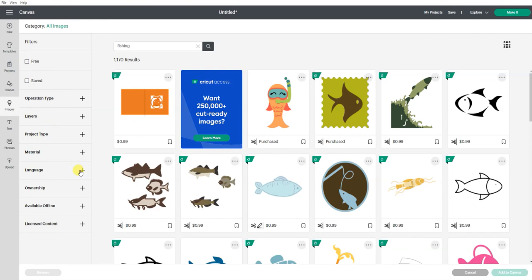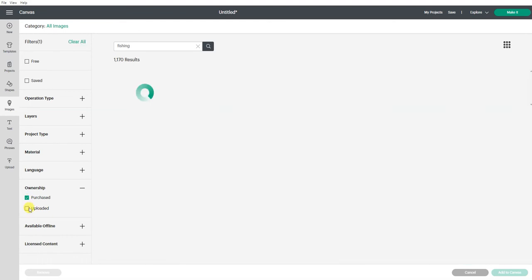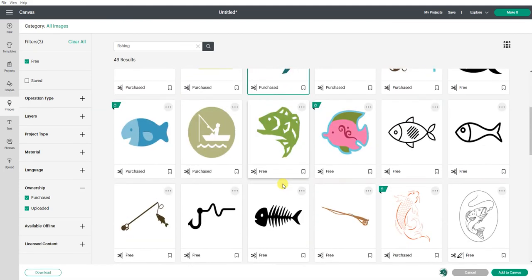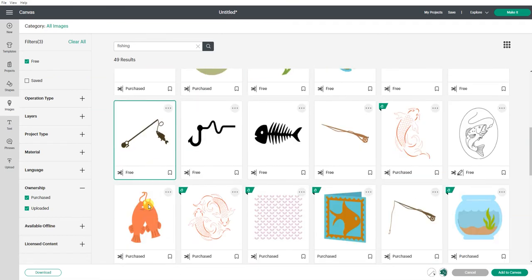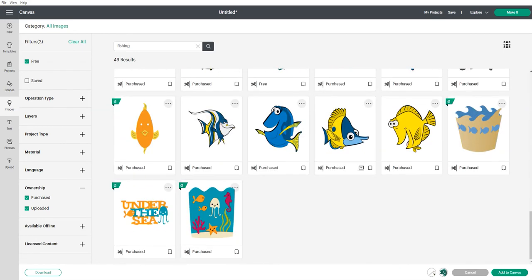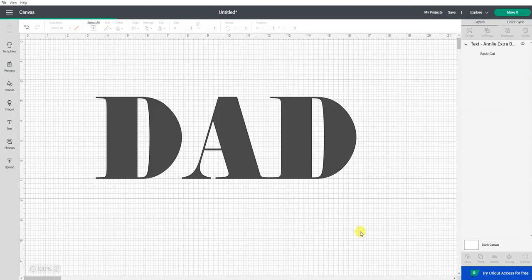I can even filter this by images I've purchased or uploaded, or they're free. Because maybe I don't feel like purchasing anything new. That's kind of a cool image. So now you can start to kind of design your own look